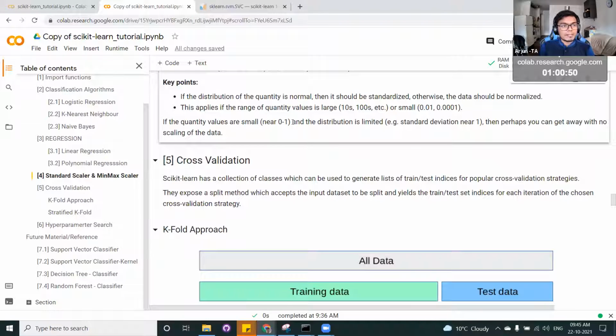So till now, to quickly summarize, we have seen a classification problem. We have seen some regression problems, linear regression and polynomial regression, and how they capture linear and then nonlinear relationships. And another important technique that we have seen here is standard scaler and min-max scaler, and how we are squashing the values so that the input values are on the same scale.